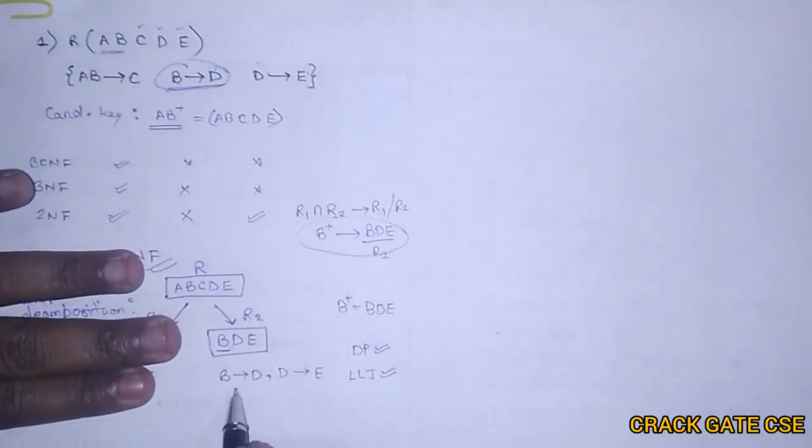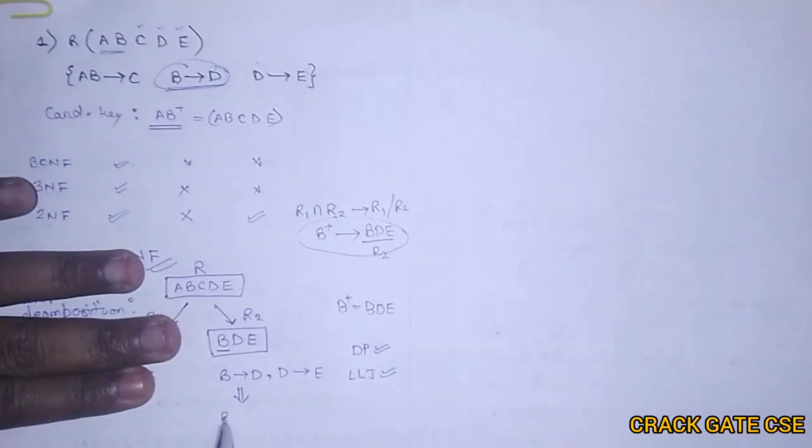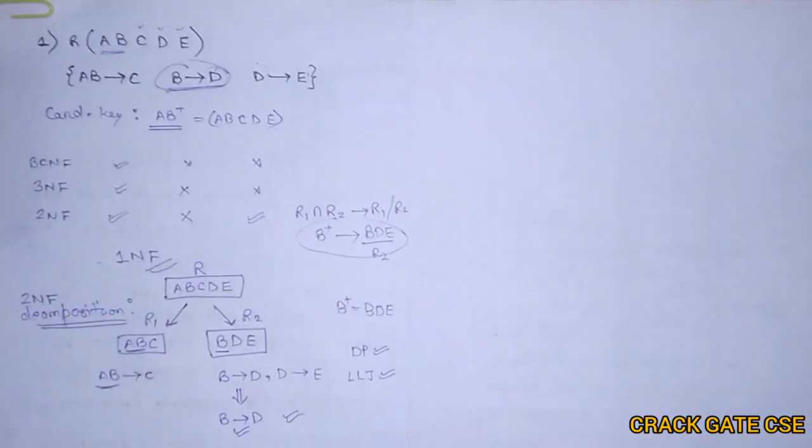So B is a key. B is an atomic key. It cannot be subdivided. We cannot have any proper subset of this B. That means it is satisfying the condition. So I told you if there is any atomic key, then the particular relation cannot violate the 2NF condition, because we cannot get a subset of that atomic key. So this way it satisfies the 2NF condition and there is no partial dependency. This way we have found how to decompose into 2NF.